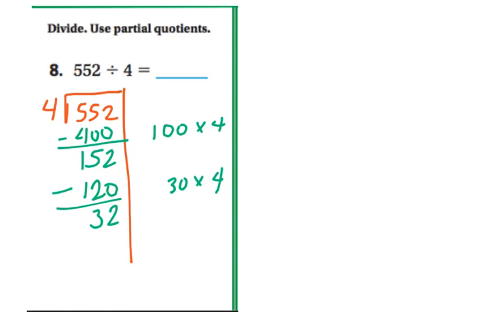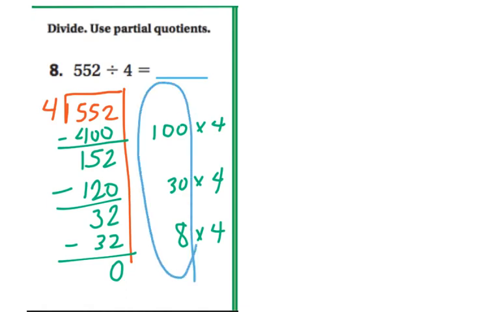32 left. Now I'm thinking of a multiple of 4. 32 is a multiple of 4, but 4 times what equals 32? 4 times 8. So now I'm going to take an 8 out, because 4 times 8 equals 32. Now I have 32 minus 32, which equals 0. The fact that I'm at a 0 means that I've taken all of my equal size groups out. Now, to find my answer, I'm simply going to look at my partial quotients. So I'm going to be adding 100 plus 30 plus 8, which equals, looks like expanded form,